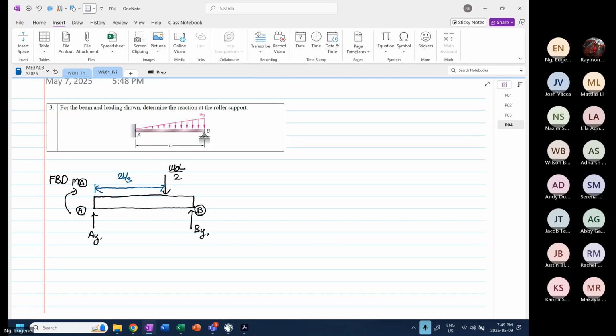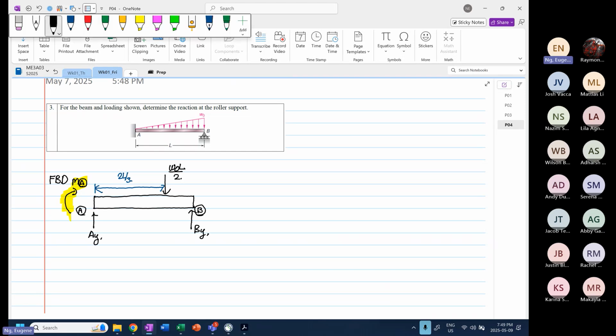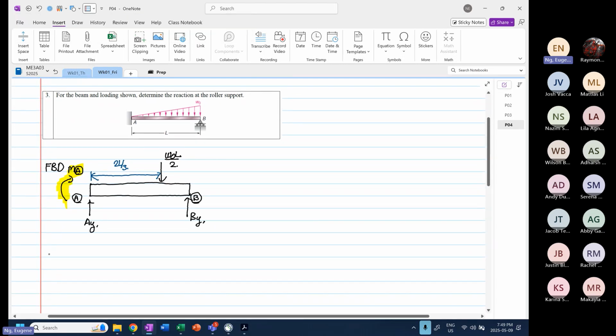I think everything is fine for all of you until the moment at point A is going in a clockwise direction. Why is it not going in the anti-clockwise direction? That is the question to be asked. And why is it clockwise? Can anyone remember? It's okay. I couldn't remember either, and when I was reading the text, I said, oh, that's why. So the moment about A is clockwise